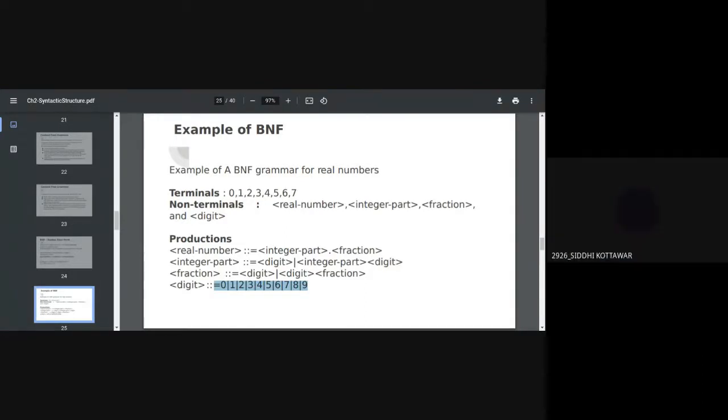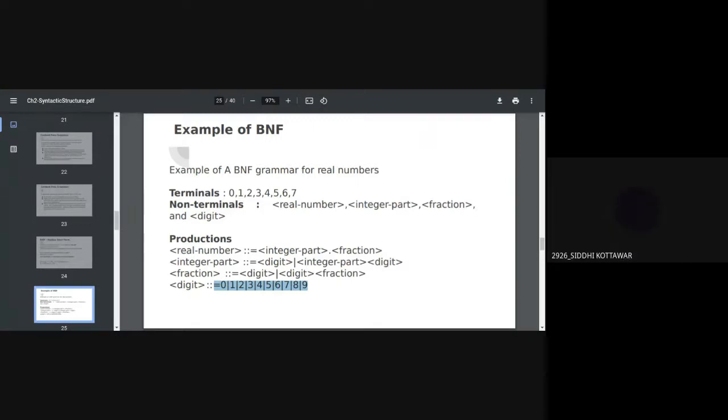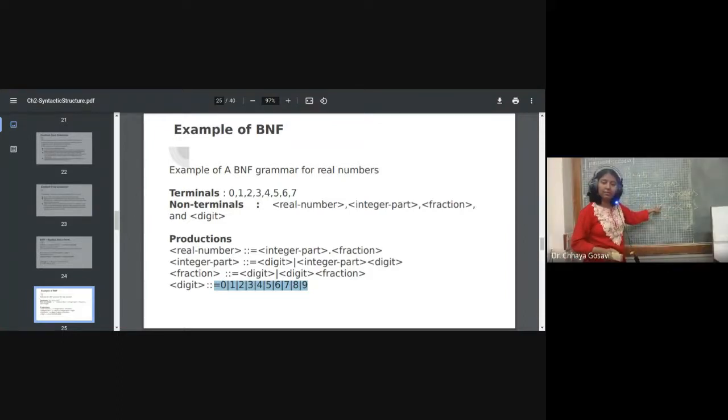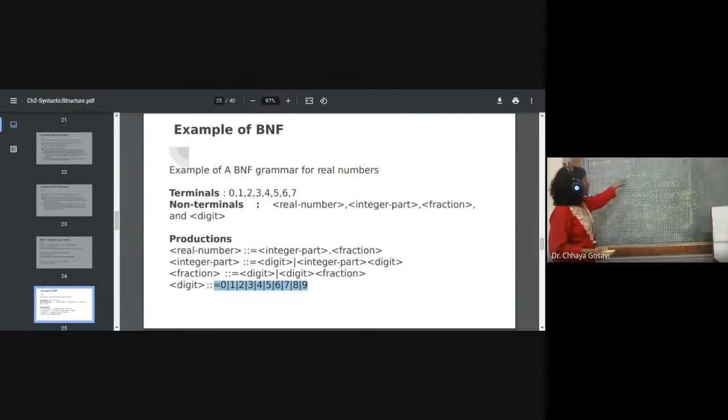Okay, ma'am. What is the difference between digit and int digit? Ma'am, you wrote digit or int digit, right? For integer, digit or int digit. So I'm coming to that. Suppose you have to convert this number to a parse tree using these rules.